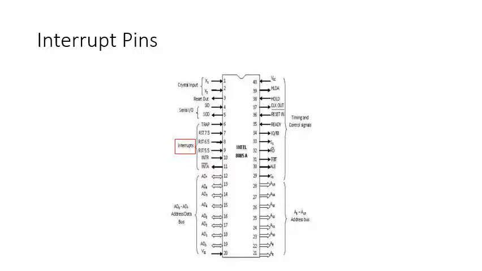The interrupt signals available in 8085 are TRAP, RST 7.5, RST 6.5, RST 5.5, INTR, INTA. That is, pin number 6 to pin number 11 are called interrupt signals. We will be discussing these interrupt signals and the priority of interrupt signals, and how the microprocessor will react to them, in detail in a later session.